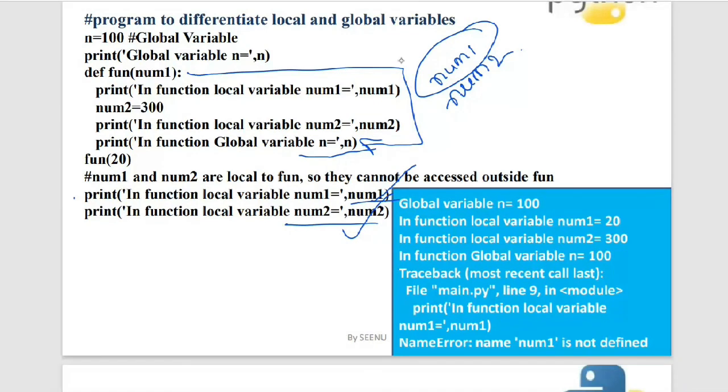The scope of the variable is that it is only within this block, and the lifetime means that it exists in the memory only throughout the execution of this particular block. After this function block exits, num1 and num2's lifetime is over, meaning that they are removed out of the memory and they can't be accessed outside the program. But if you still want to print the value of n, it will be printed. So I'll be getting 100 because n is a local variable here.